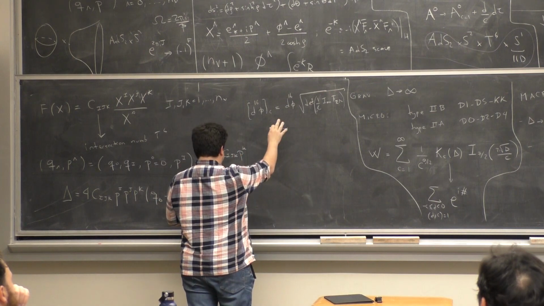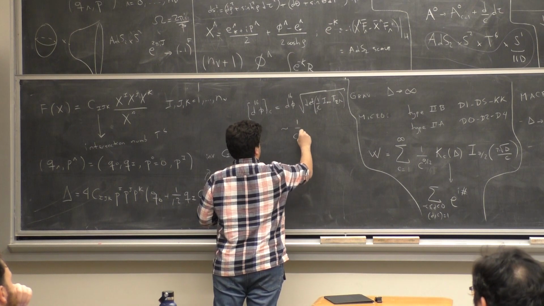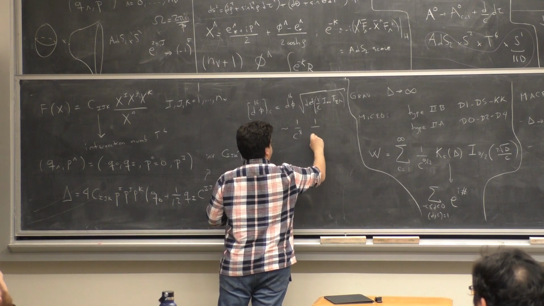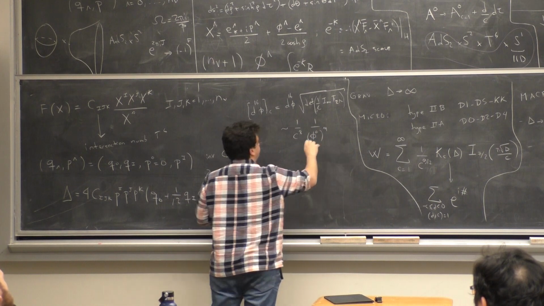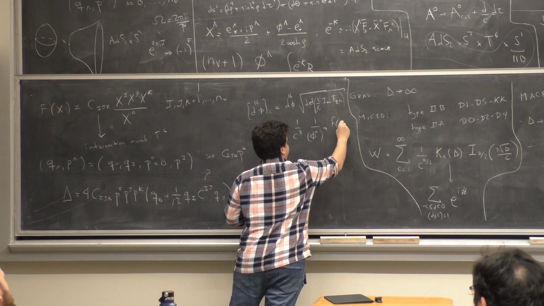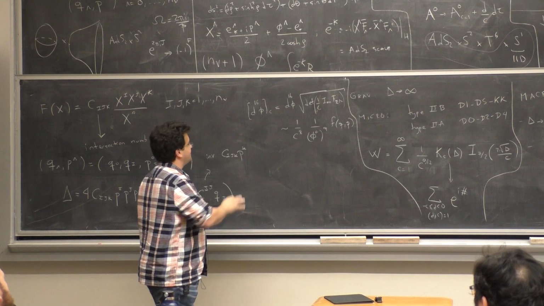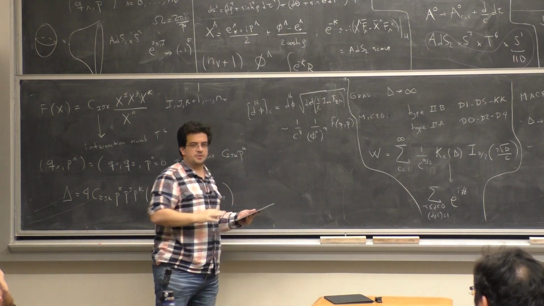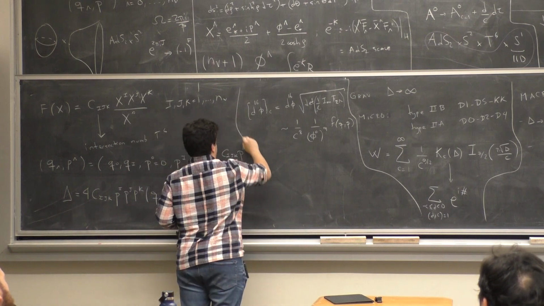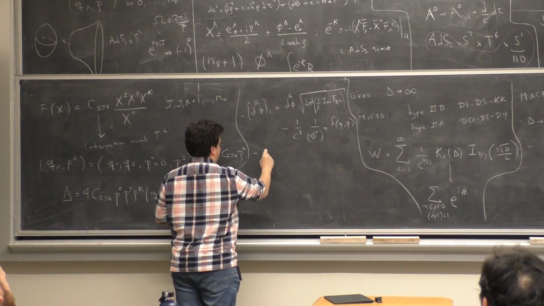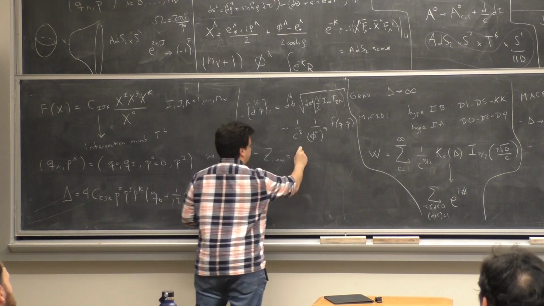Something important is that this is some complicated function of the charges, but it has this dependence on C and this dependence on phi naught. And then here there is some function of Q and P that I can write down explicitly. But something important is that this function of Q and P is not U-duality invariant. It's not invariant under that T77. Okay. But then you have the one-loop determinants,